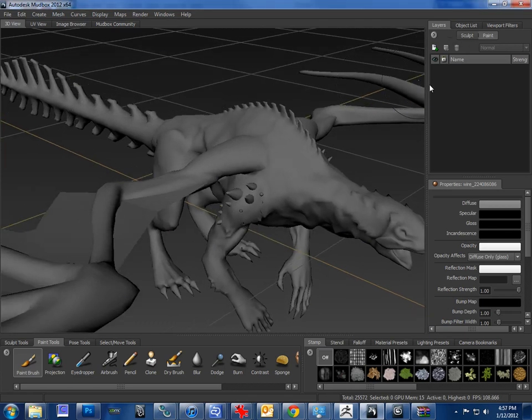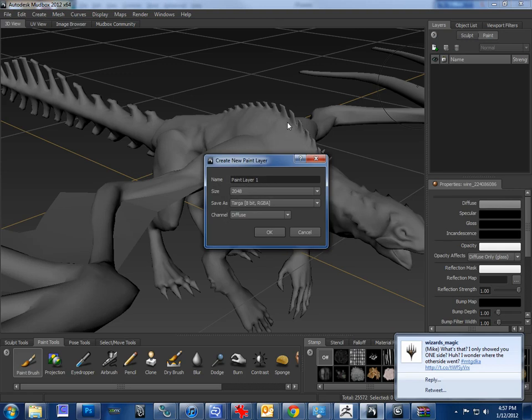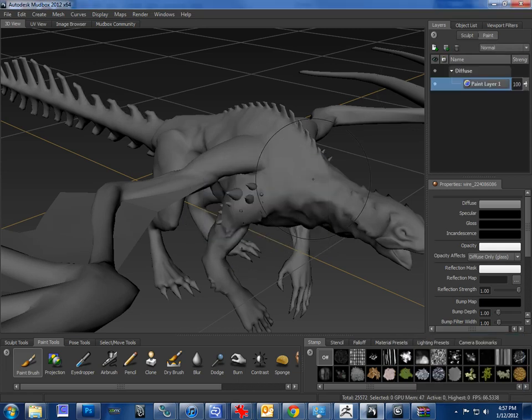So the first thing we want to do is go into the layers. We'll say new layer, and we want to tell it what size and type of texture. We're going to make diffuse, obviously. So there's our first set. We have a paint layer now. And now when we go back and edit our